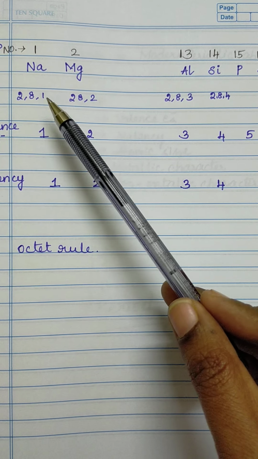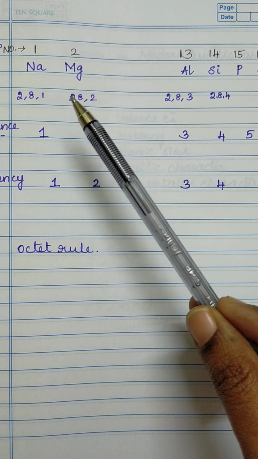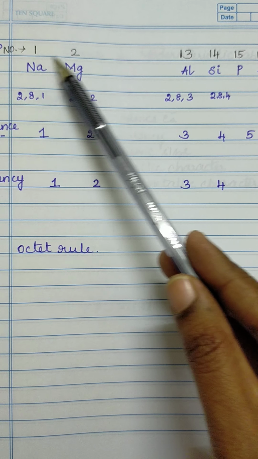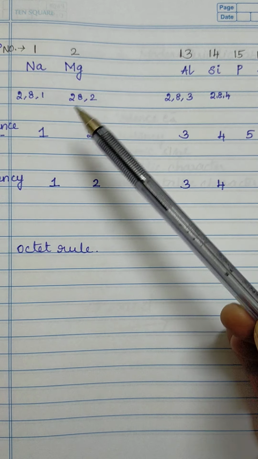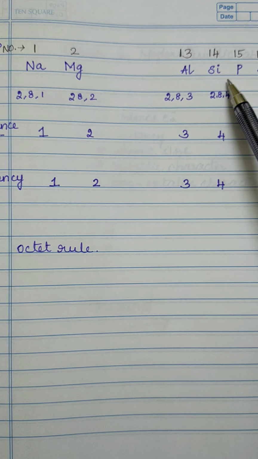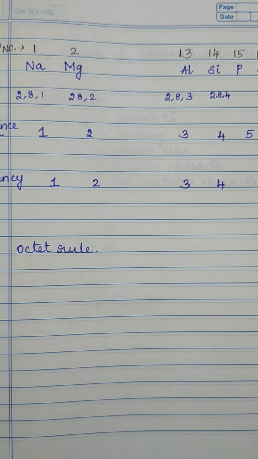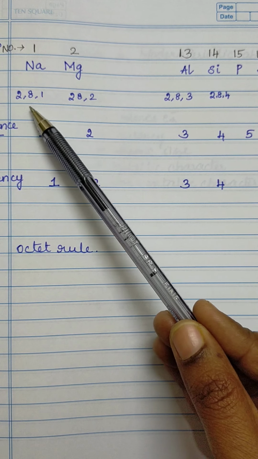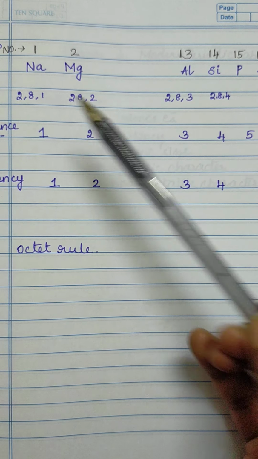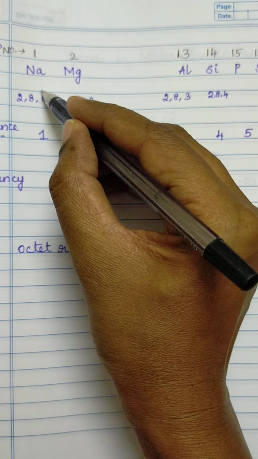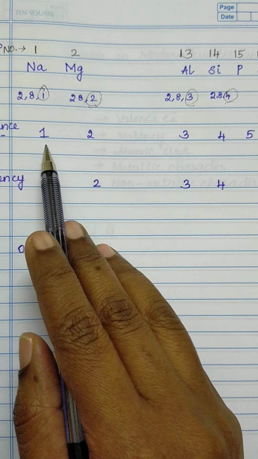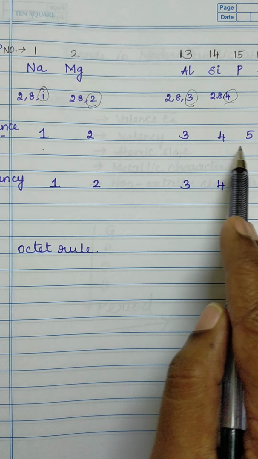So this is all group 3, period 3 elements. The group numbers given here are 1, 2, 13, 14, 15 and it goes on, and they all belong to the third period: sodium, magnesium, aluminium, silicon, phosphorus, sulfur, chlorine and argon. If you check the electronic configuration, 2,8,1; 2,8,2; 2,8,3. If you check the valence electrons, that is 1, 2, 3, 4. So the valence electron keeps on increasing: 1, 2, 3, 4.